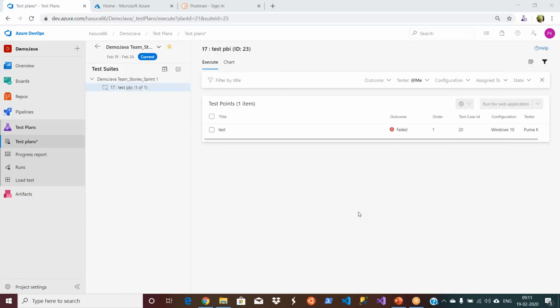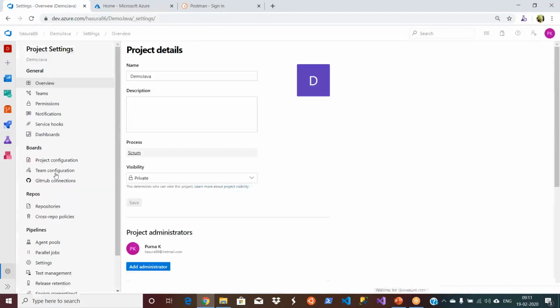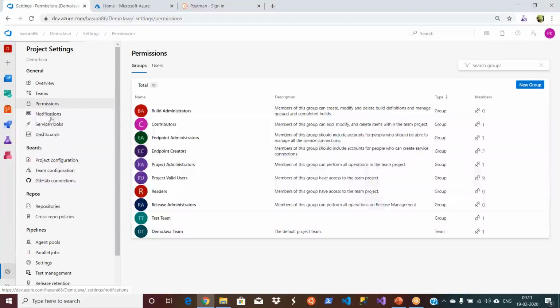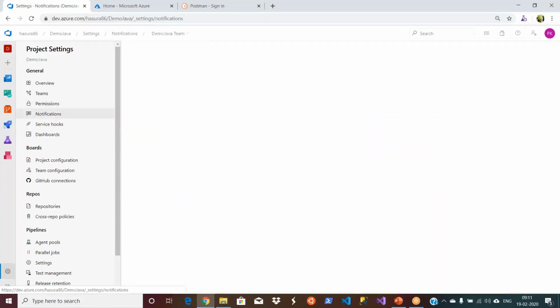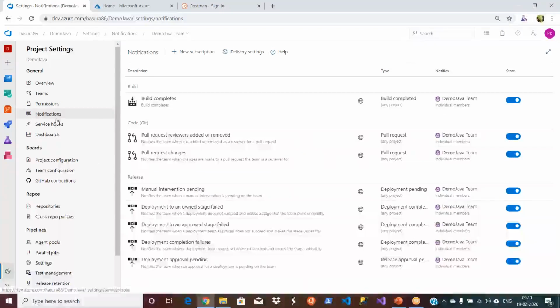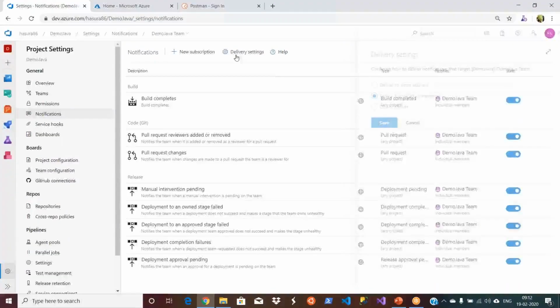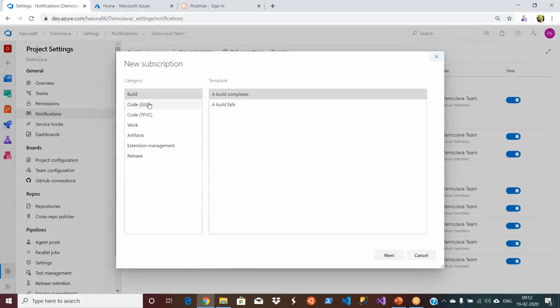Okay, guys. What I would like to suggest is, as a DevOps engineer, you need to practice a lot with the permission settings, at the project level and at the organization level as well, because you are the person who gives permission or access to the developers, testers, or project managers to do their work. And look at this notification. Of course, many of them are already configured for you, but you can add your own settings here as well. You can do much more stuff here. See how many things.